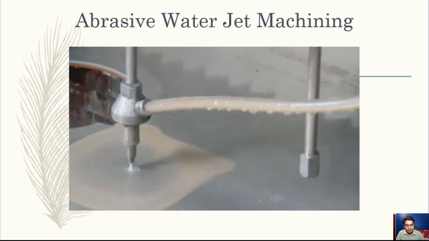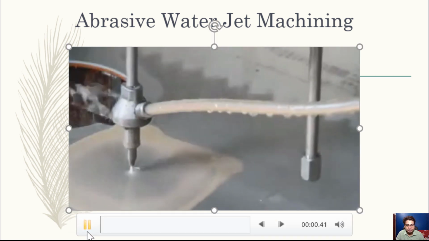The water jet process is combined with CNC to precisely cut machine paths and edge design. And in the abrasive water jet machining process, as we know, in the abrasive jet machining process, the abrasives were mixed with compressed air. In this kind of process, we mix the abrasive with the water jet. A similar method of working is there. Now let us first see a video and then we will go into details.